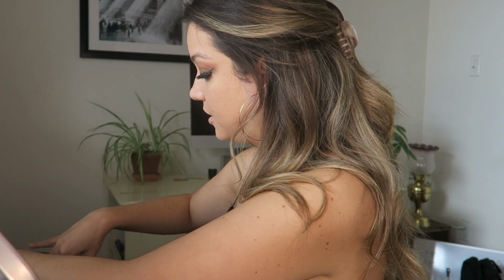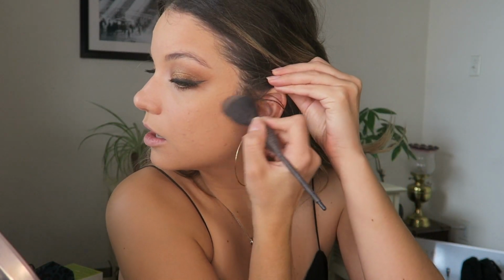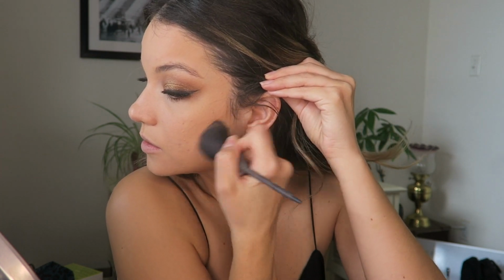And since we're going for a more dramatic look, we definitely have to contour. I'm gonna go with the contour shade in my Charlotte Tilbury Instant Look in a palette. It's the same color as the contour from her Film Star Bronze and Glow, but I've used mine all up, so I'm just using it out of that palette there. And I'm gonna go ahead and contour my cheeks, my jaw,